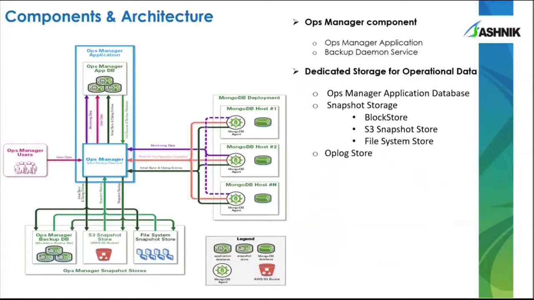This is the overall architecture of Ops Manager. To host or deploy Ops Manager, you need a dedicated MongoDB database to store Ops Manager operational data. This should run as a replication setup to ensure redundancy and high availability. And you need to set up a backup daemon. It's another component which will be the coordinator between your MongoDB deployment and Ops Manager to keep your backup in real time. You can configure any Ops Manager instance as a backup daemon.